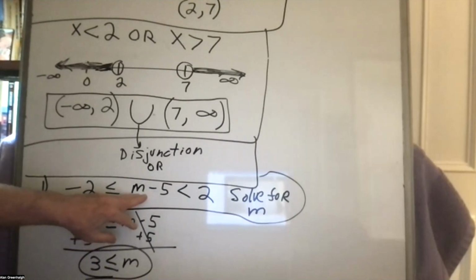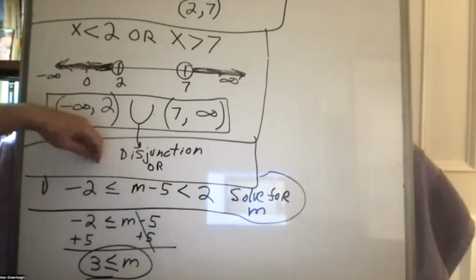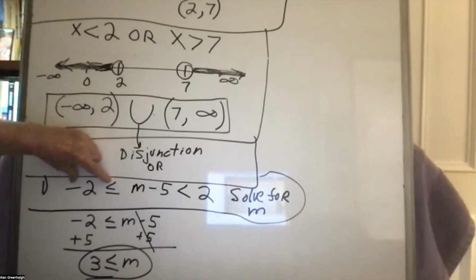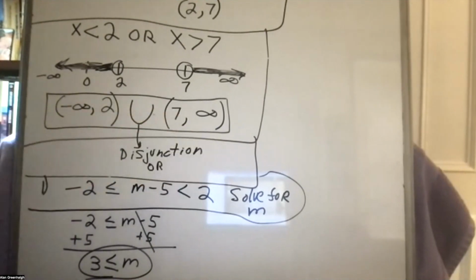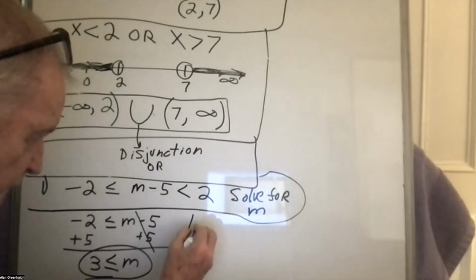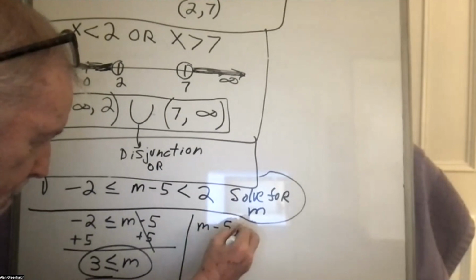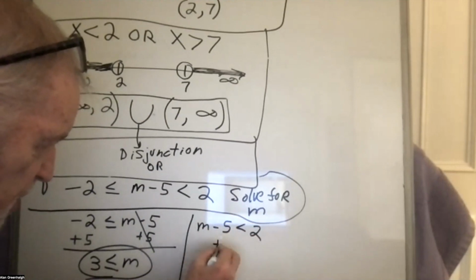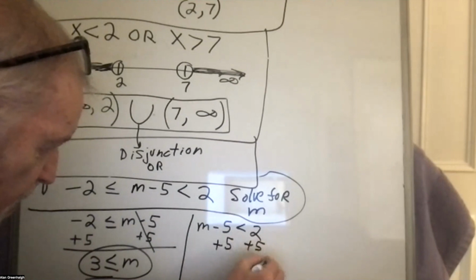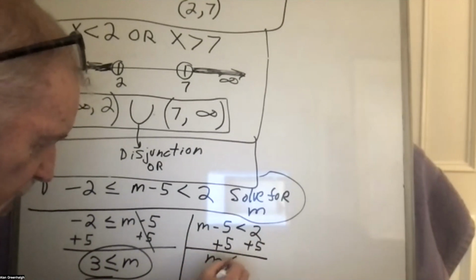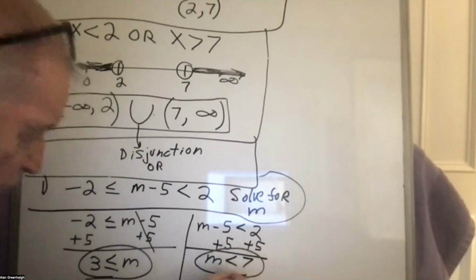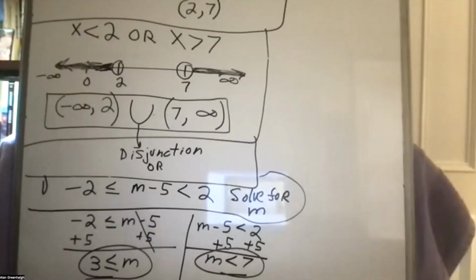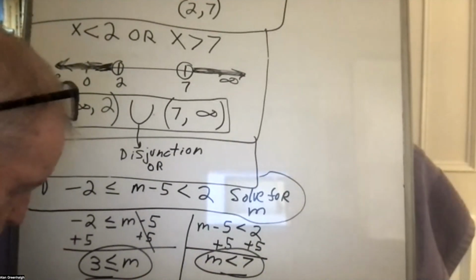What we're saying is m minus 5 is greater than or equal to -2, and at the same time, less than 2. So it's an and situation. Then we could just do the other part, which is this, and less than 7. And if you put them together on a number line,